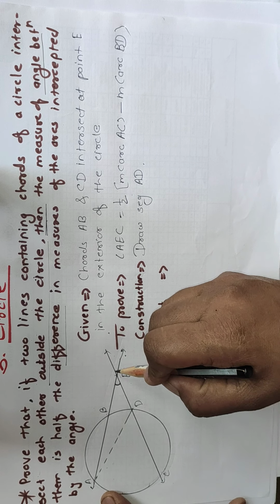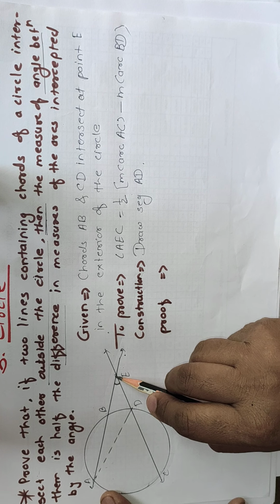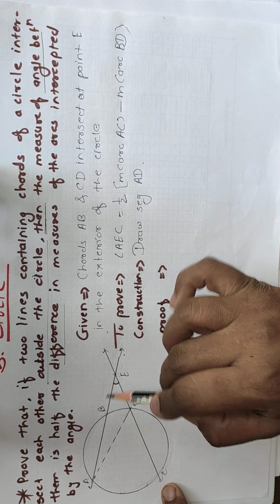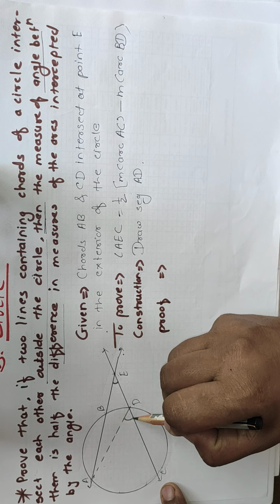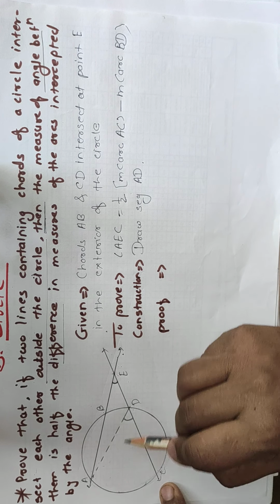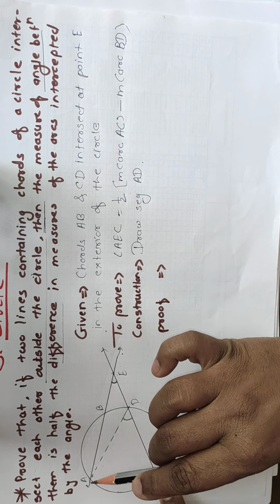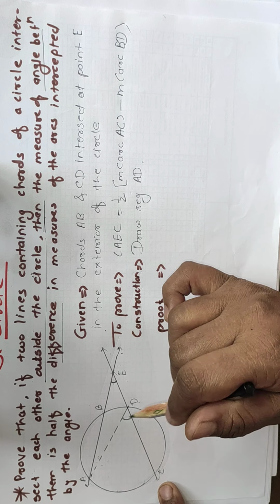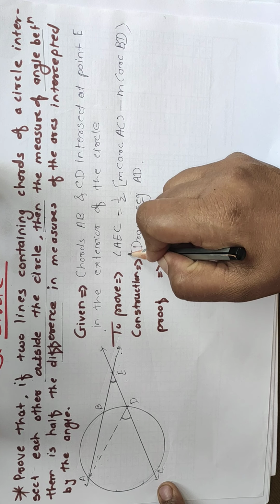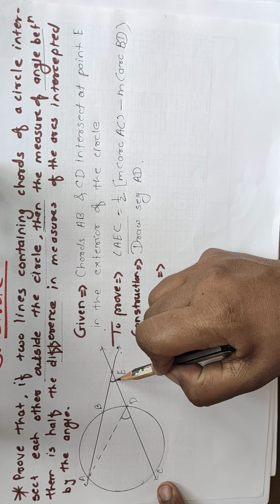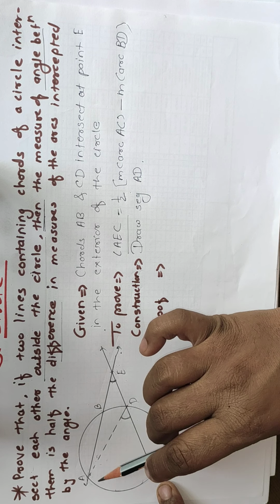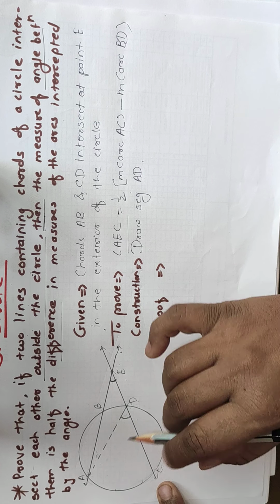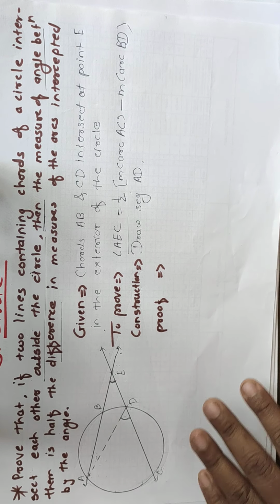If you see this triangle AED, angle ADC is an exterior angle of triangle ADE. If it is an exterior angle of the triangle, the sum of these two angles, that is, angle ADC is equal to angle DAE plus angle AED. And simply what we have to do, we have to find angle AEC. So angle AEC will be angle ADC minus angle DAB. Once we subtract these two angles from each other and write the respective arcs, you will get your proof. So we'll see how to solve it.